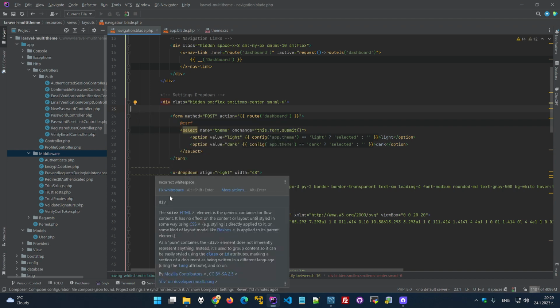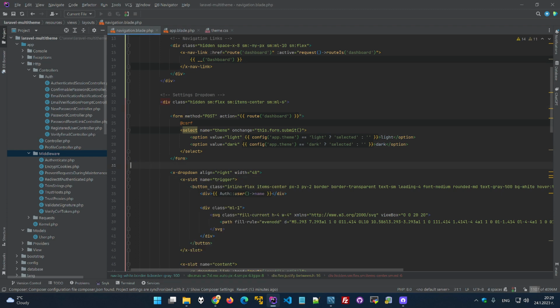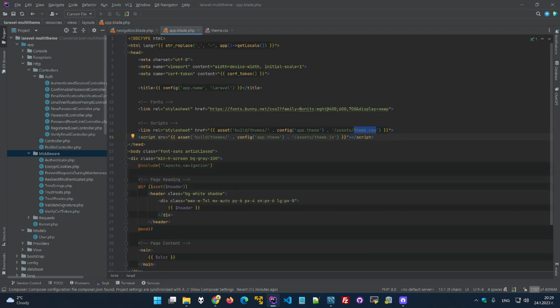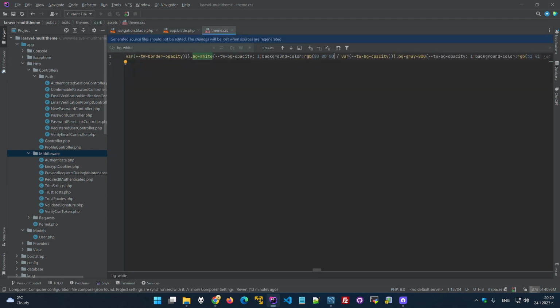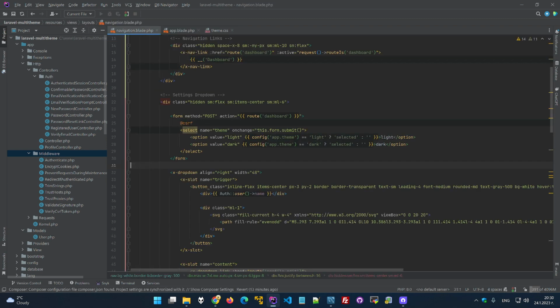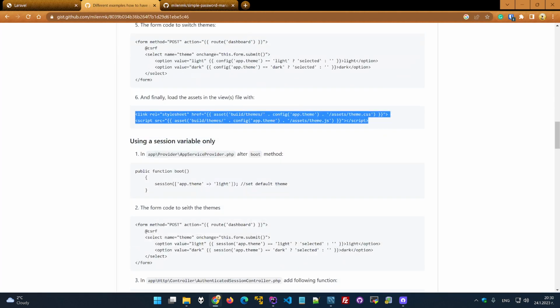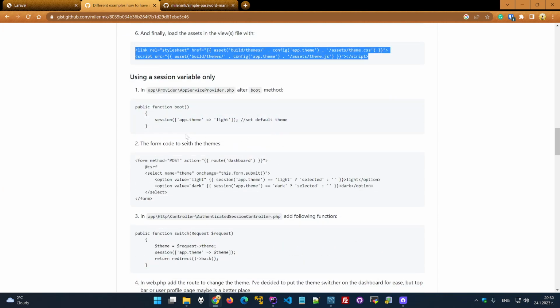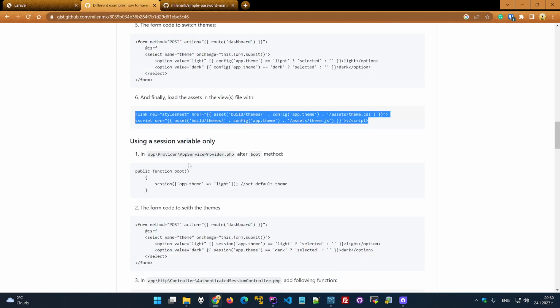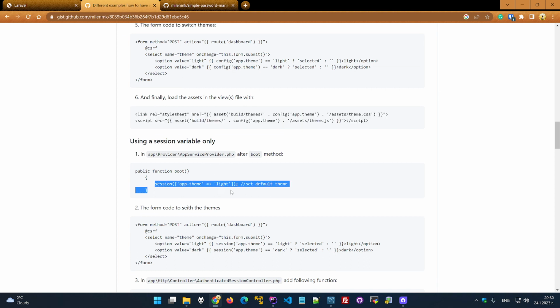We need to change these lines here for the asset files, and I will keep this one because I will need it to be able to see that everything works. Okay, so the second option is pretty much easier than the first one because we're not using middleware, we're using purely a session. So we need to open our app service provider,